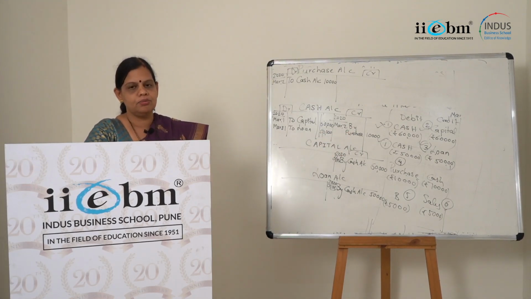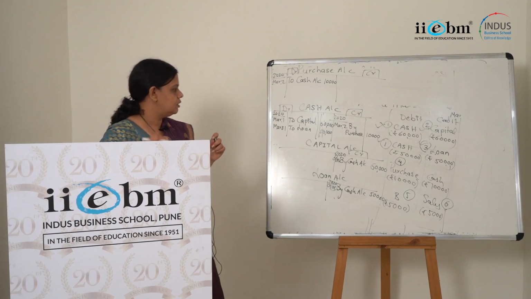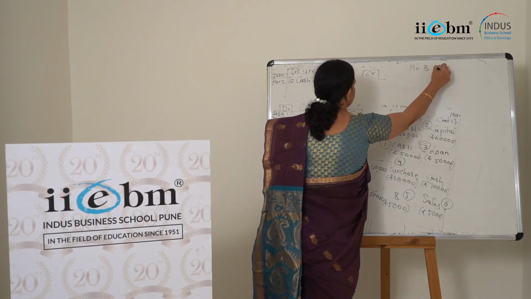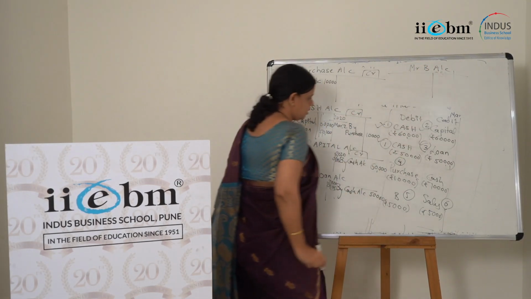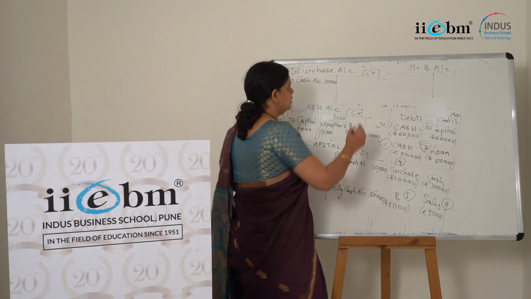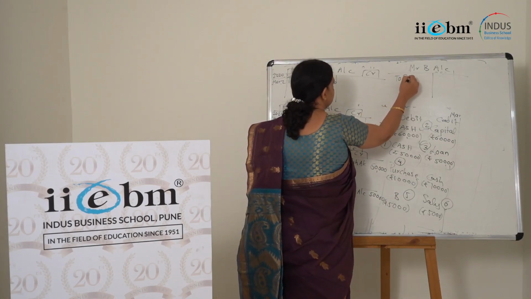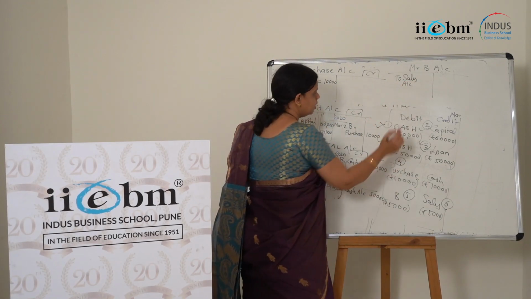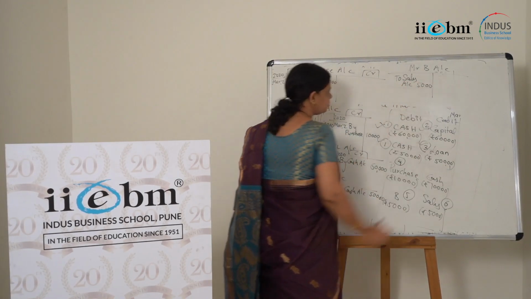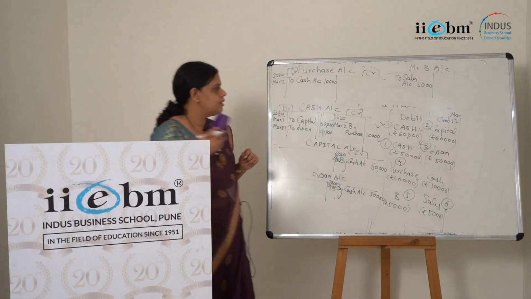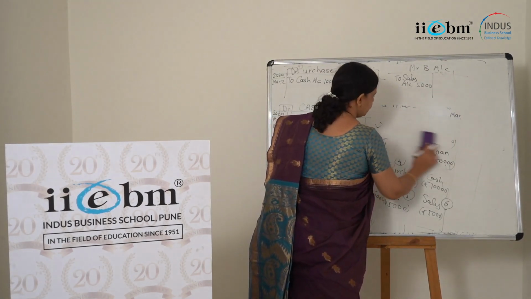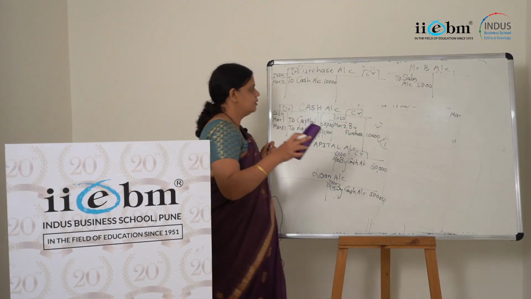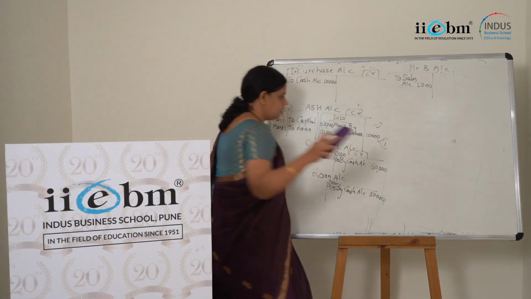Last transaction is Mr. B and sales. So B's account is debited. So I have to open one more account here, Mr. B account, right? Mr. B account is debited or credited? Debited. For how much amount? 5,000. So to sales account, how much I can write down here? 5,000. And there is one more account, that is sales account, right? So B's account debit to sales account. So I'll make sales account here.